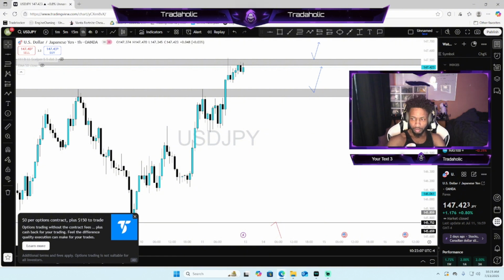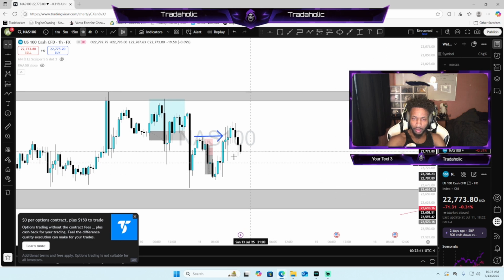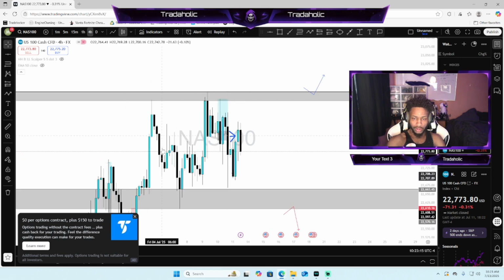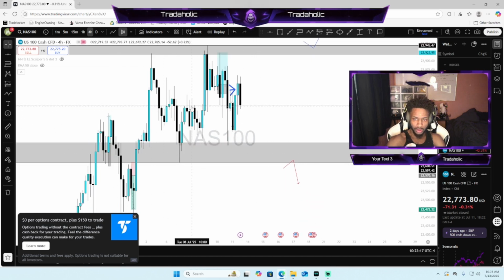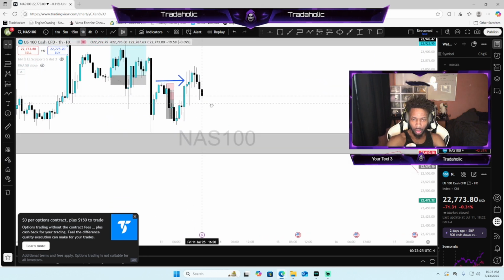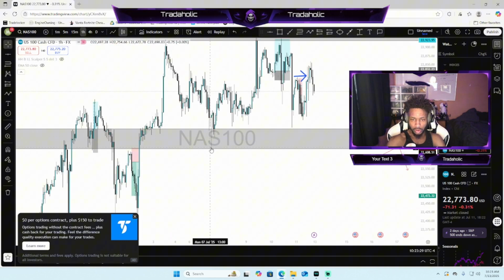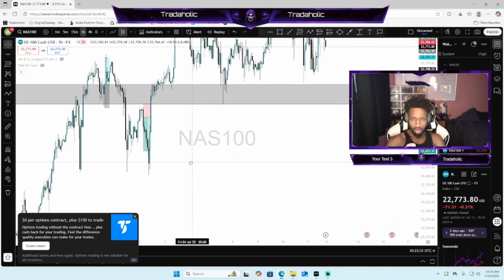I'm not really interested in NAS 100. I got a lot of NAS trades last week. I'm not really interested in trading the NASDAQ now, just because we're overall inside this massive range. We're still bullish, but we're inside a massive range. I'd rather just take trend continuation buys if price re-breaks these highs up here. But versus sells, I really don't want to trade inside this range. I'll sell if we can get a break and retest of this area and target these lows down over here.